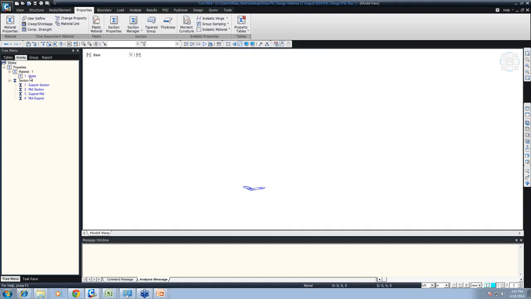So you can see from your workflow that you have entered one girder property, material property, and 4 section properties. All are highlighted in blue. That is because we don't